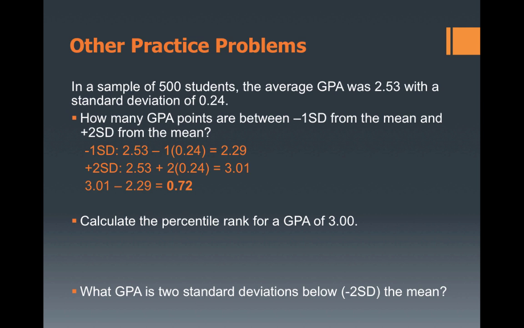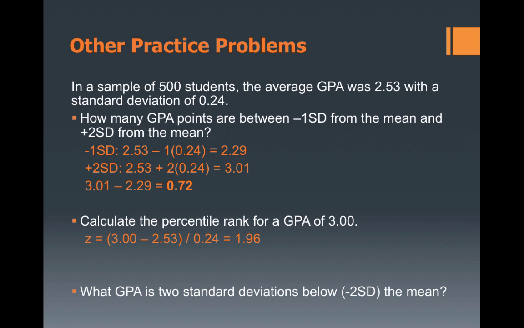Second problem, calculate the percentile rank for a GPA of 3.0. Since I was asking for the percentile rank, that should tell you, hey, I need to do the z-score to be able to get from a z-score to a percentile. I've given you the GPA of 3.0, so this 3.0 is going to be your individual score. I've given you the mean, and I've given you the standard deviation. So once we plug all that in to the z-score formula,